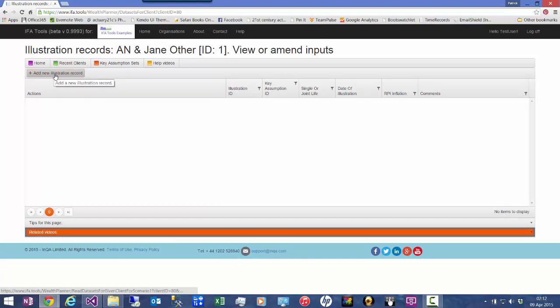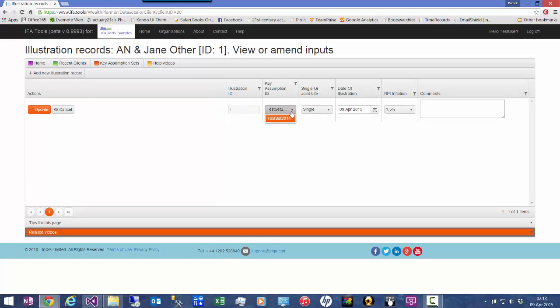but I'm just going to do it now very quickly. I click on add new illustration record. I then need to complete the fields. I need to choose a set of key assumptions, which are things like tax rates, and here there's just one that's available. I'm going to do it for both the client and the partner, so I'm going to choose joint,